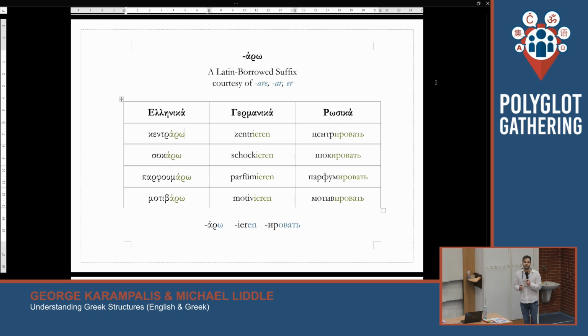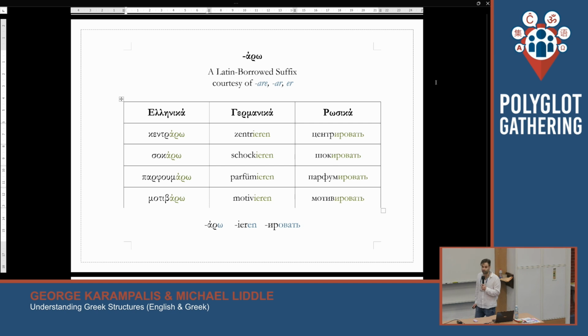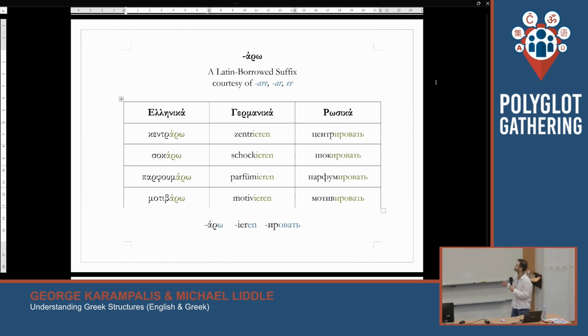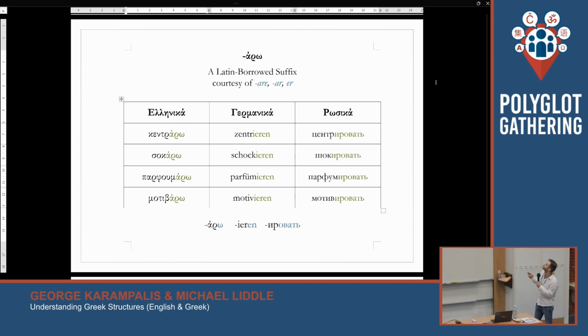It's been borrowed from Latin, namely Italian and French, primarily, and Venetian, I guess. It mainly attaches to foreign words, for the most part. You see, for example, that we have shoccaro, motivaro,